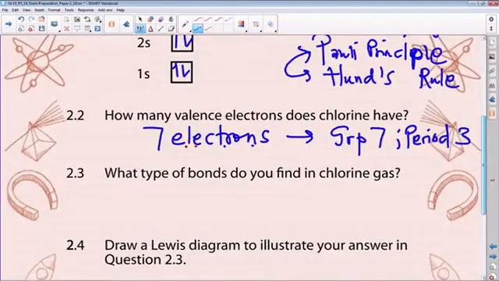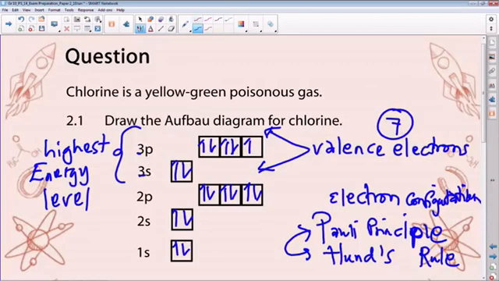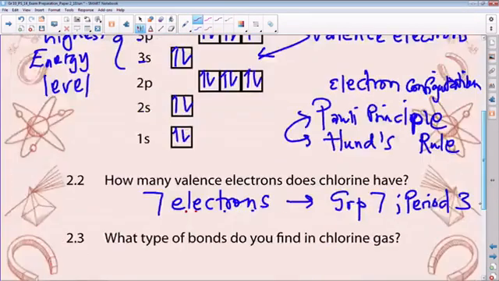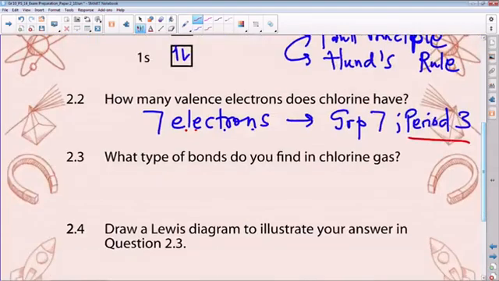So the number of energy levels gives us an indication of the period, and the group in which it occurs gives us an indication of the valence electrons, or the number of electrons that are at the